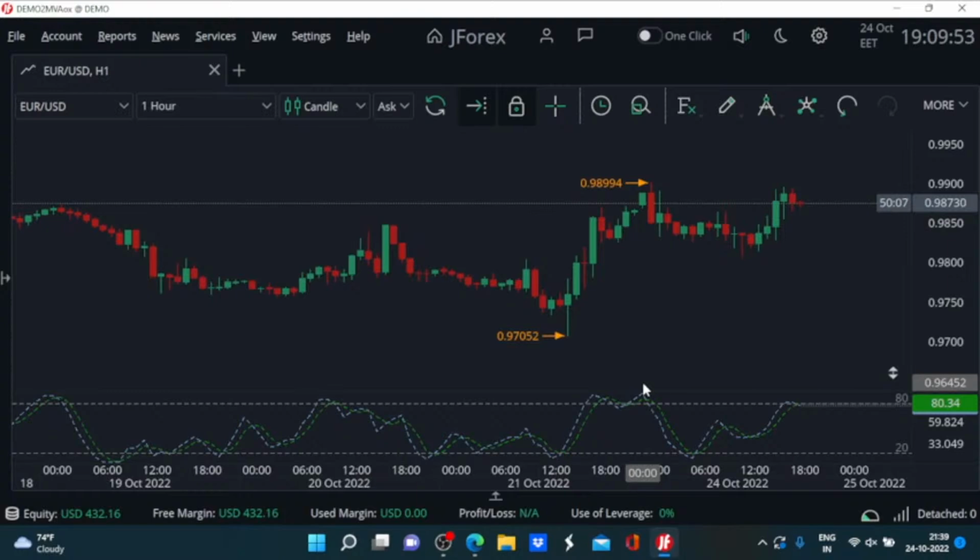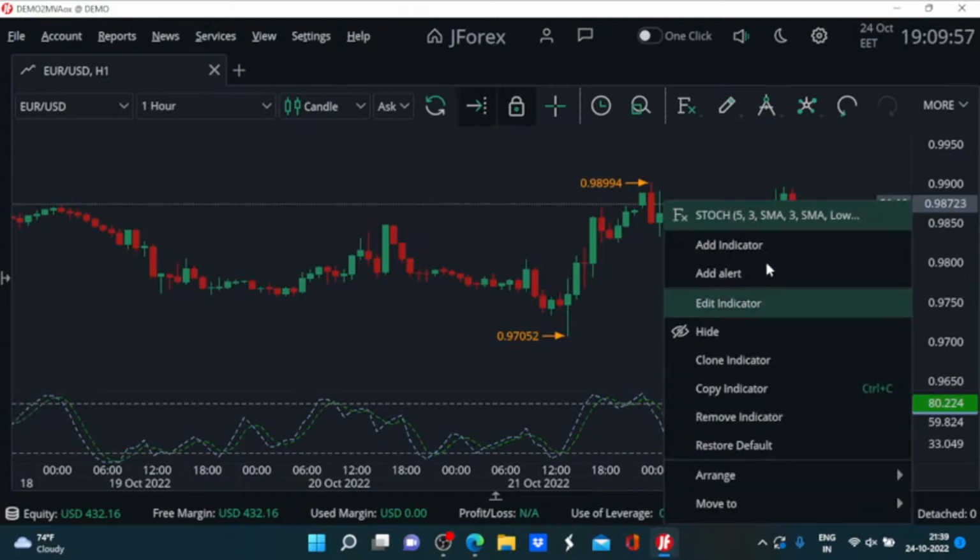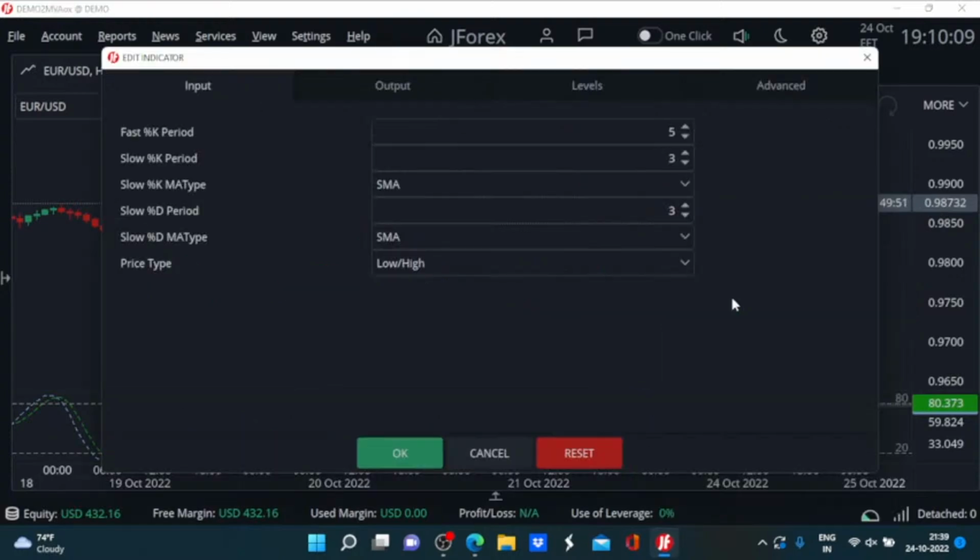Now let us consider what are the customization options available with us for this indicator. So here we consider the edit indicator options. We have to define these fast percent K, slow percent K period. Along with that, we also have to define the moving average type for both of these, the slow percent K and the slow percent D. So moving average type and these calculation periods play a very important role in what kind of output we get